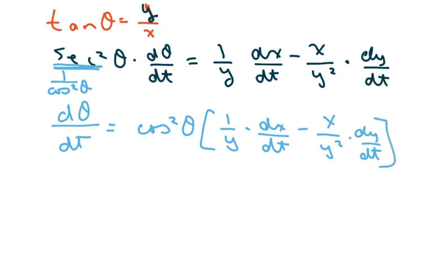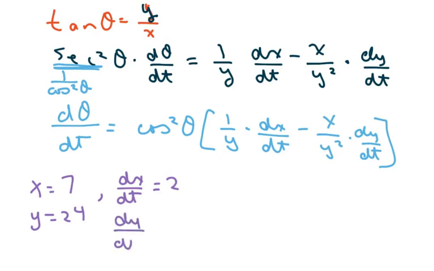Alright, now we're using x equals 7 and y equals 24, and the derivative of x with respect to t equals 2, and the derivative of y with respect to t equals negative 7 over 12. And so it's going to be,